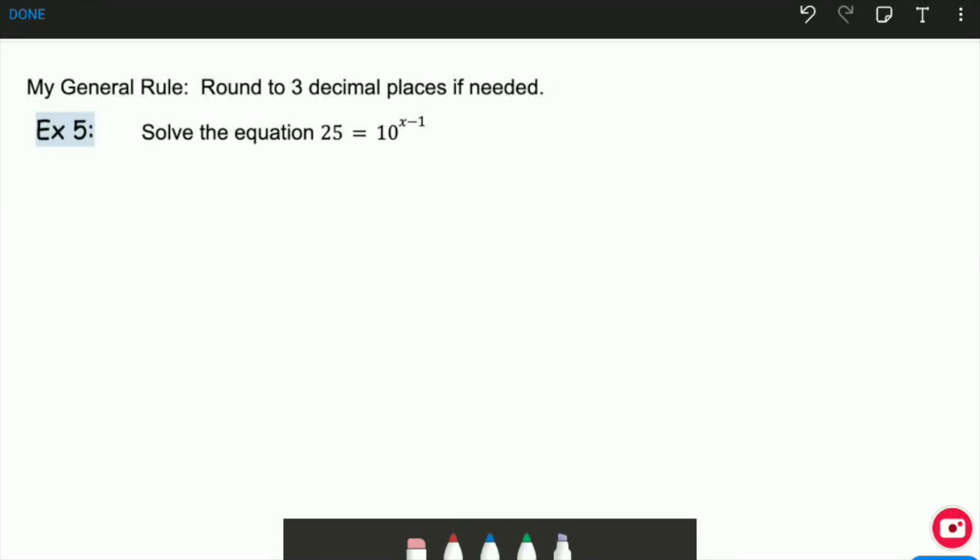Okay, so in the next example, we're going to be solving an equation. Now, there's a note up top for my students in particular. I have a general rule. If I don't tell you where to round, just keep 3 decimal places. For the most part, I prefer fractions anyways. So if I don't tell you where to round, or if it wouldn't make sense to round to 3 decimal places, like money, it doesn't make sense to keep 3 decimal places for money. So in situations where I tell you, or it doesn't make sense to round otherwise, keep 3 decimal places. So with that being said,